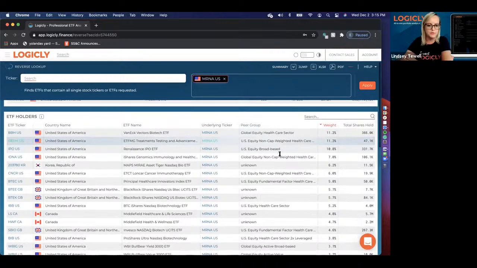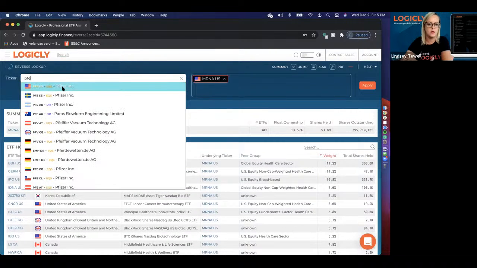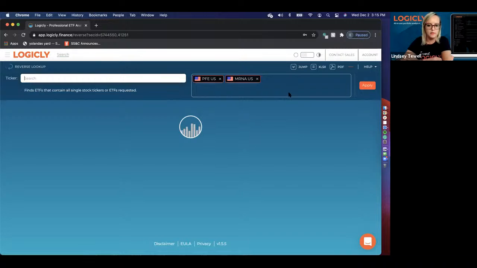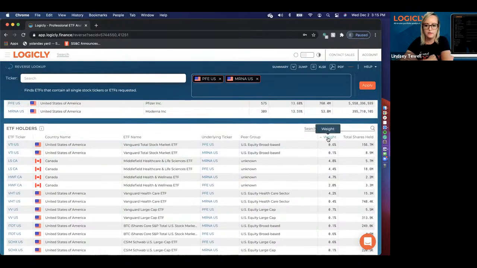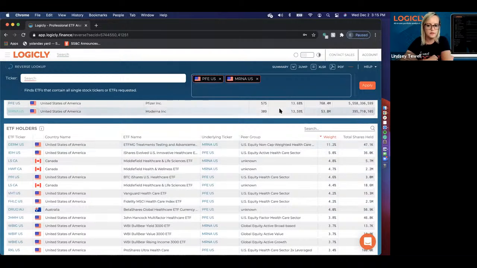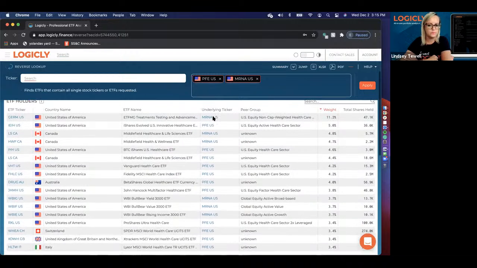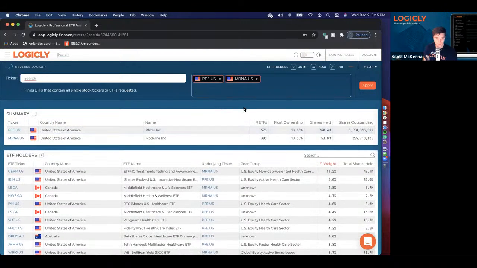You could also put multiple tickers in there. So if you wanted to see who has the most exposure to Moderna and Pfizer, right? We can add that in and do the same kind of sort by weight, and you can see ETFs that have both names. Excellent. And then also, if you wanted to export this, and this is available on all the tools, you can